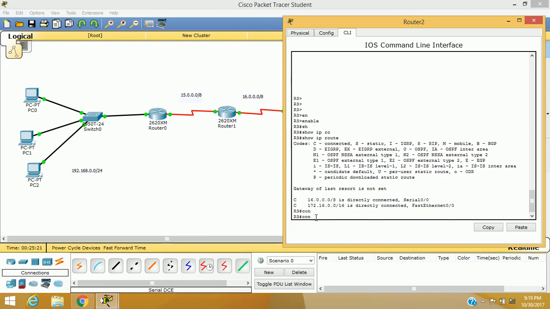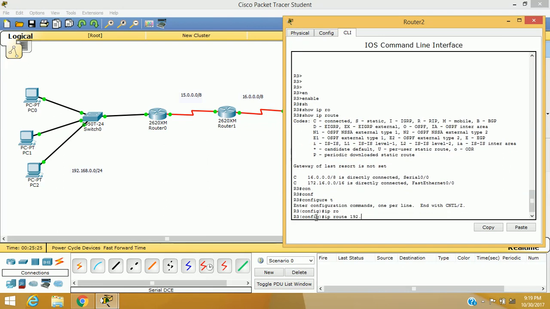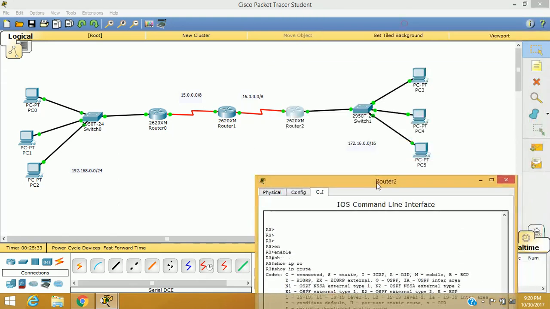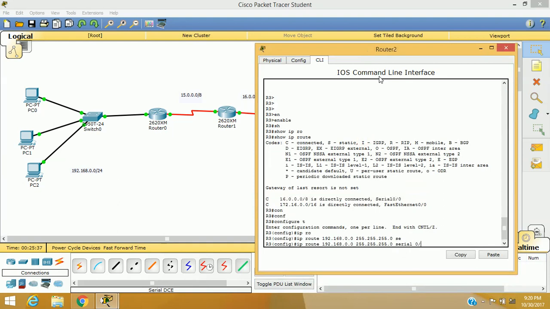So we will use the command configure terminal, ip route 192.168.0.0 and the exit interface for router 3 is serial 0/0,